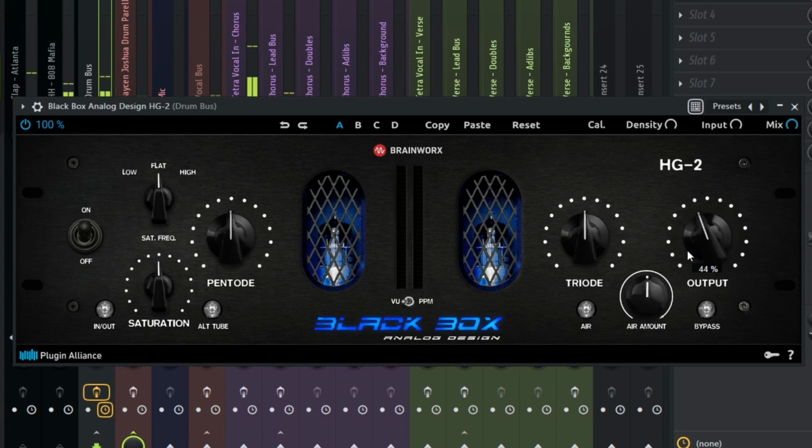Always use the output to level match to make sure you're not playing with your ears, because louder does sound better. The Pento, if I'm not mistaken, is an even order harmonic saturator. So what it'll do is give punch and oomph to whatever you add it to, basically. And the triode is an odd order harmonic saturator, which will add